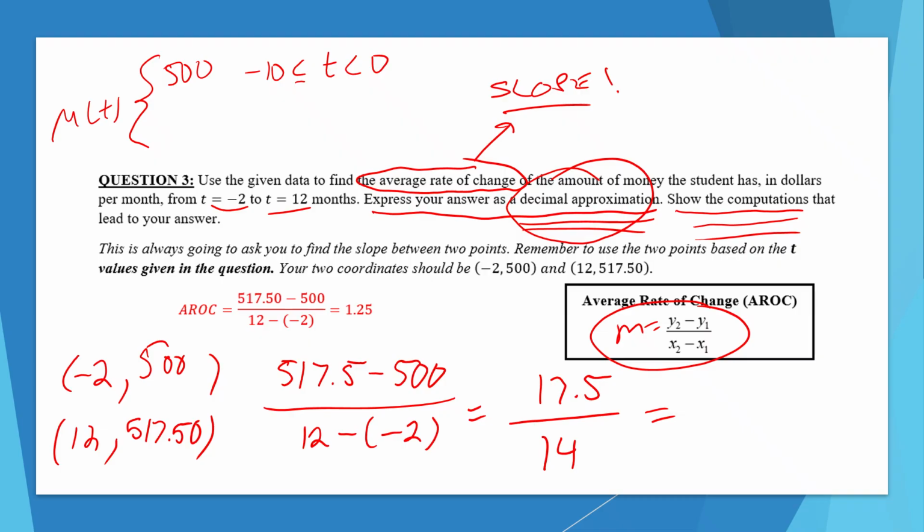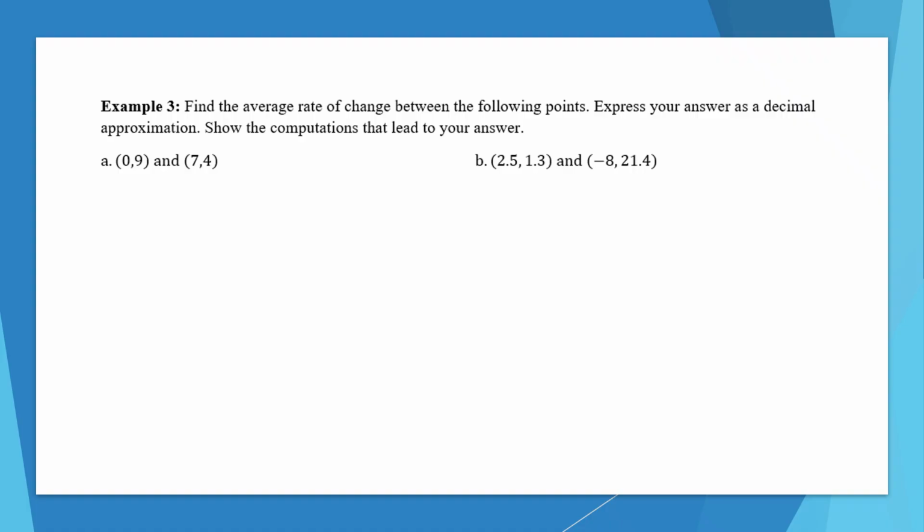This then should give us 1.25 as our answer here. All right, so for example 3, we want to find the average rate of change between the following points. Express your answer as a decimal approximation and show your work. When I ask you to show your work for this question, I really want to see one of those two